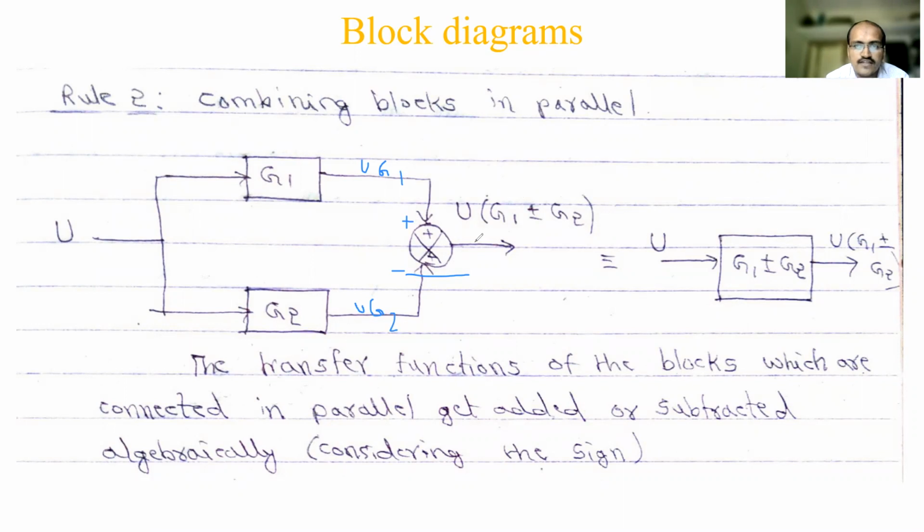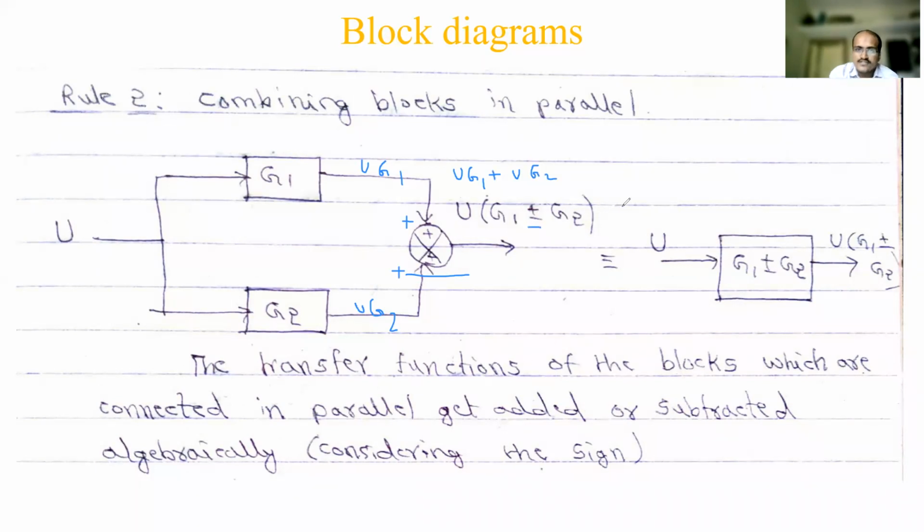So how do you add it here? Here plus is there, that's why U into G1, a direct answer is written. So this is U into G1 in the upper block, and the downside is written too. Either plus or minus can be used. If they use minus here, it will be minus U into G2. Since it is theory, I have taken both the signals here, plus minus. The meaning is, if you have a plus here, you'll get plus; there is no change in the signal. Then U is common, so G1 plus G2. If minus is there, U common, G1 minus G2. Like that you are getting.